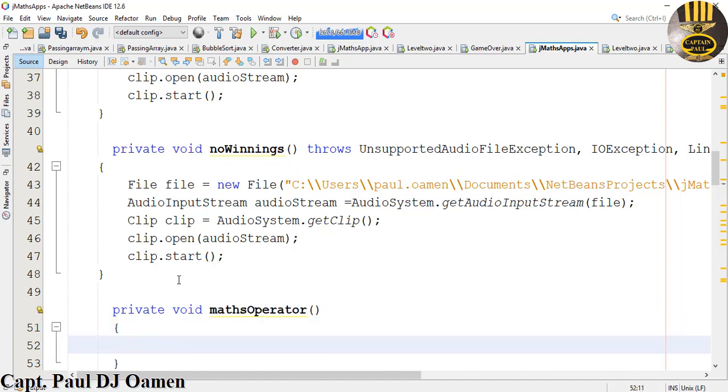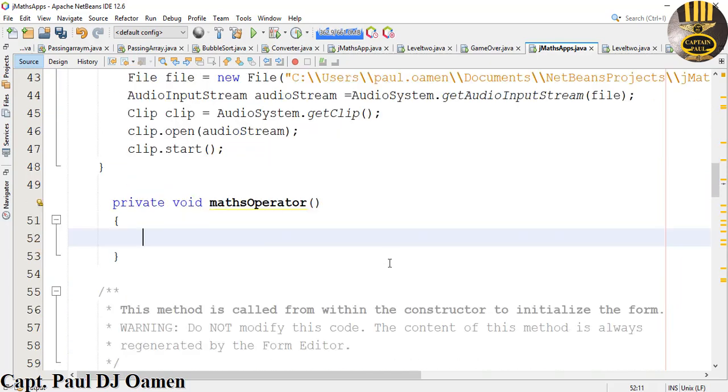There we go. Okay, bring that down. So in here I'm going to declare the following integer variable. I'm going to call that num1, and num1 is going to be taking in random values,